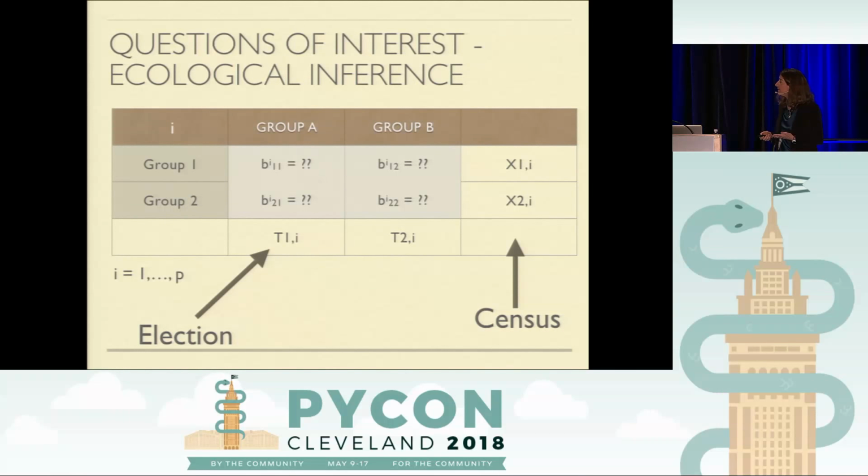We know how many people voted for each of the political parties of interest. And then what we want to figure out is the internal cells here. So we'd like to know something like what percent of people in demographic group 1 voted for candidate A? What percentage of people in demographic group 2 voted for candidate A? So that we can start to build this picture of racial polarization.